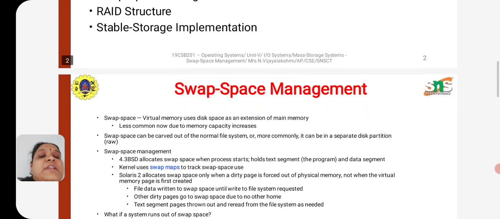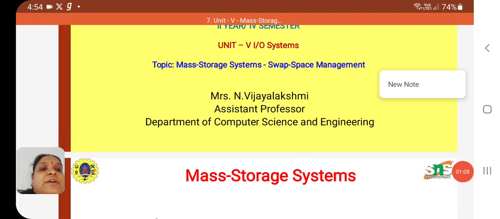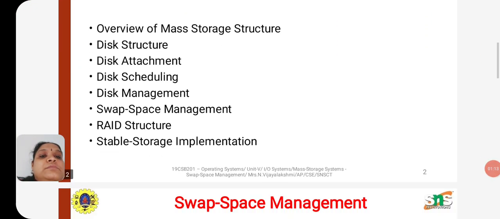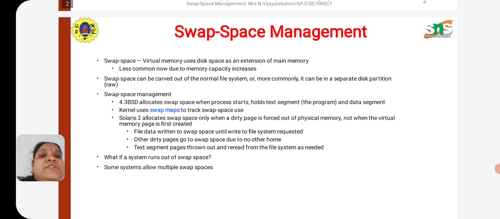So let me start with the next topic called swap space management. Let me start with the definition. What is actually swap space? It is actually a virtual memory. It uses disk space as an extension of the main memory. So we already know we have main memory and secondary memory. So swap space is nothing but the extension of the main memory, which is actually a virtual memory,